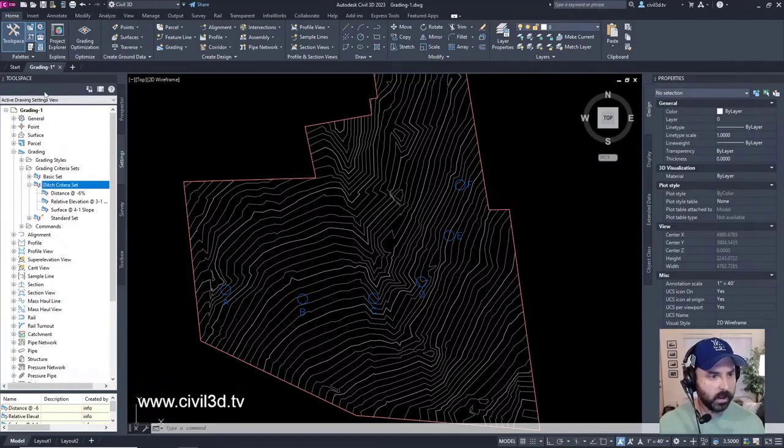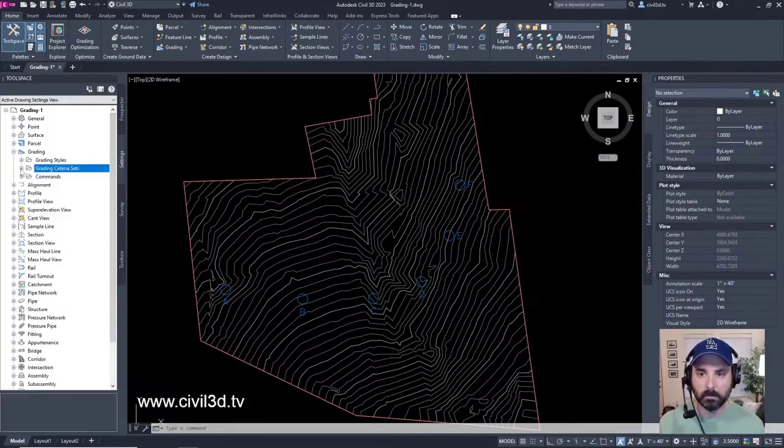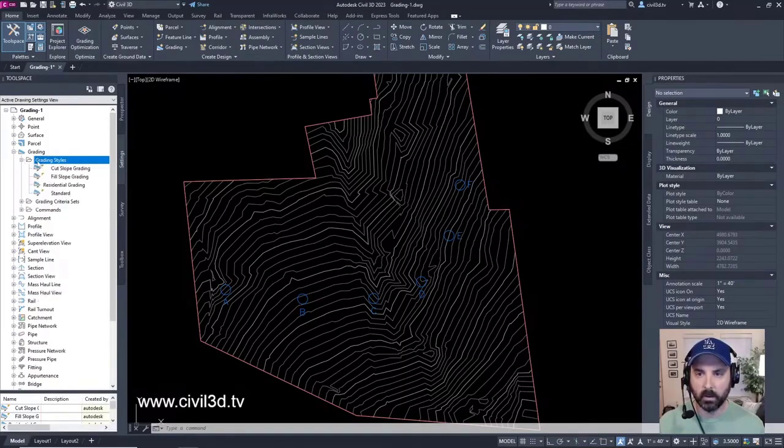We'll go into the settings tab and expand the grading styles. We're going to create a brand new one by right-clicking on grading styles, then select new.